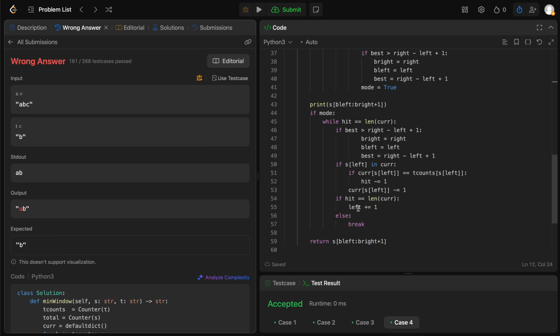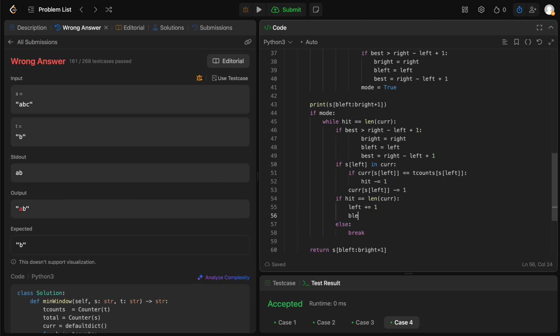I increase left. And I go another round. Okay, but I should have updated here. B left is equal left. But in the next one,